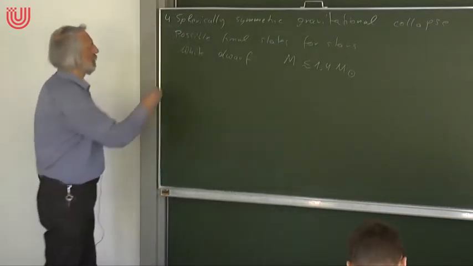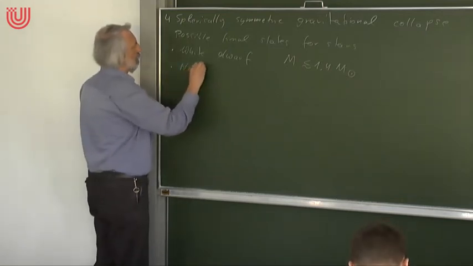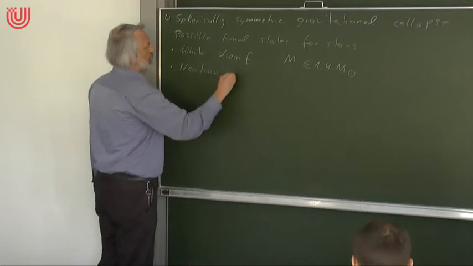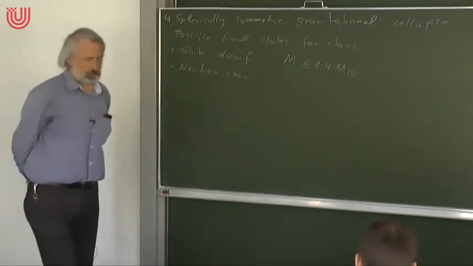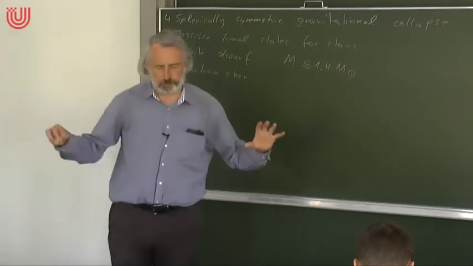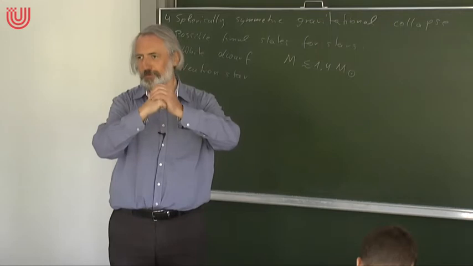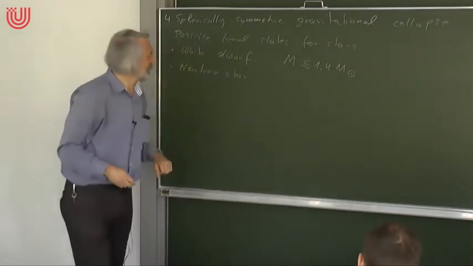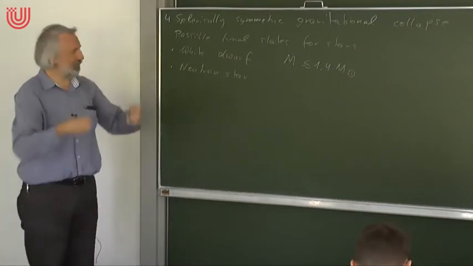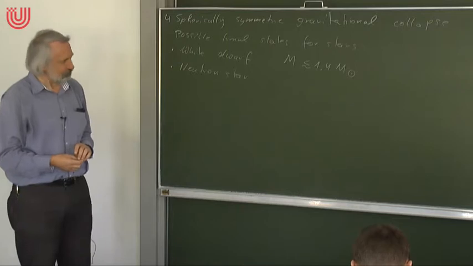So what happens with a star that is heavier? There's another possible final state, which is called a neutron star. This is, very figuratively speaking, what happens: the electrons are pushed into the protons to form neutrons. But don't take this too literally. This is very, very oversimplified. It's a picture for popular explanations.